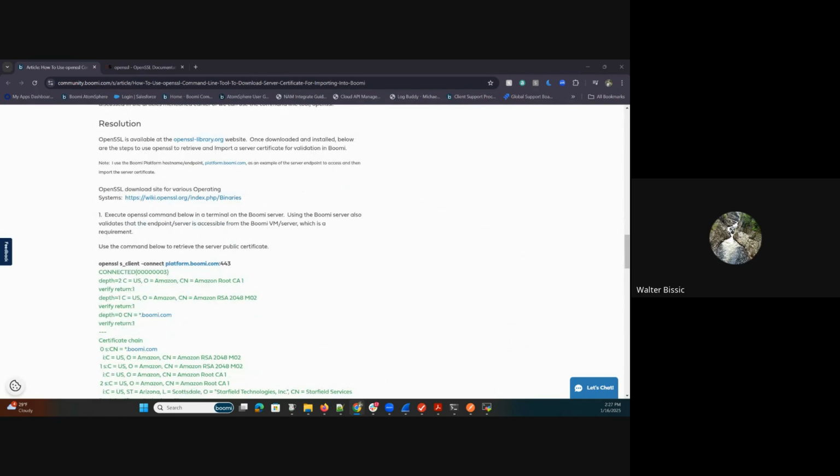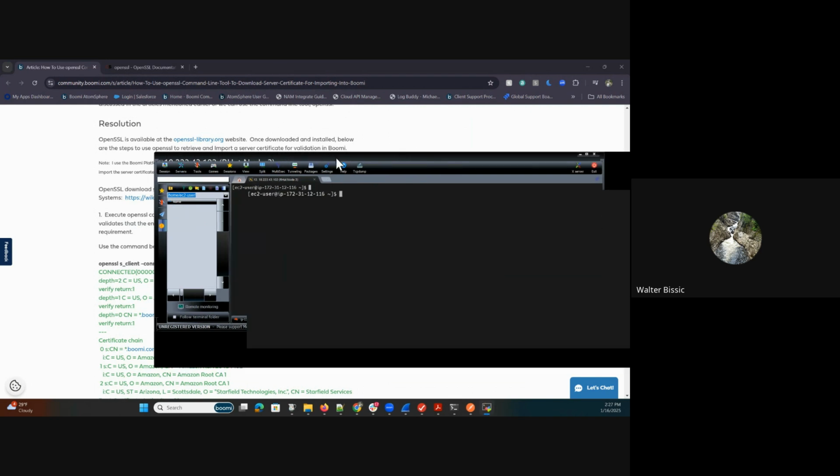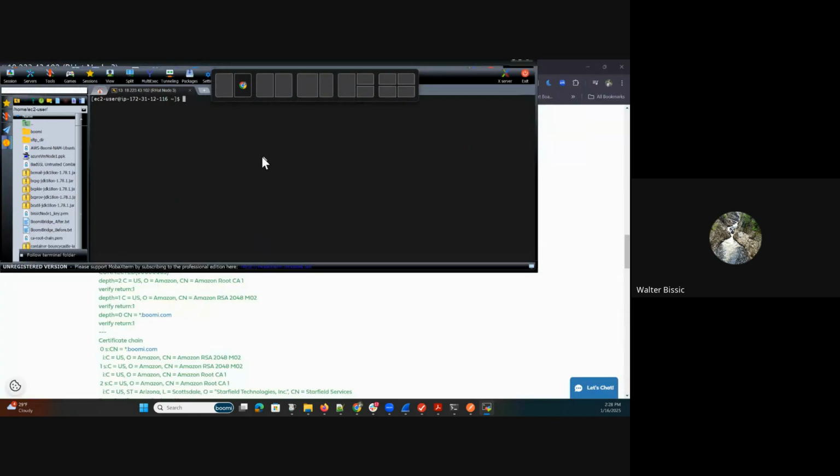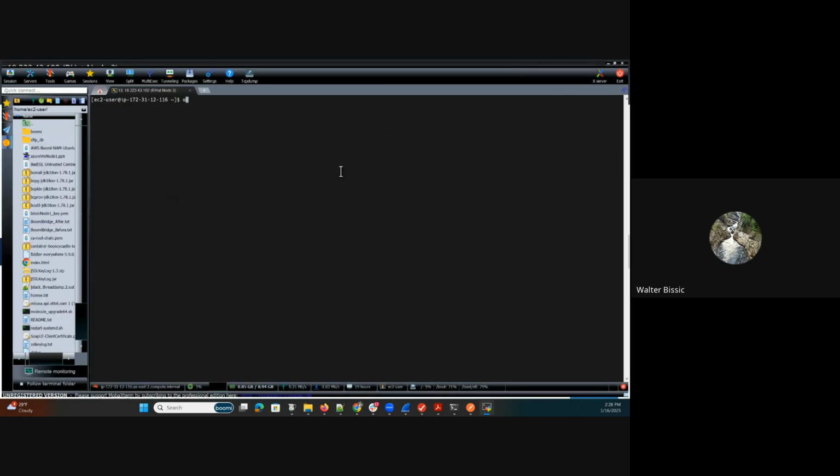Typically, OpenSSL is a command line tool, like I said, and it can be found in a Linux server, but you can also download it on a Windows server. So this is just an example of where we would use it, and I'm just using the Boomi platform